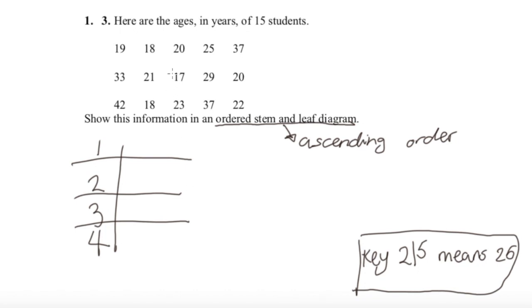So then we start with the smallest number, which is 17. And then the next one will be 18, and there's two 18s there. The next number is 19, and then we go to our 20s. This number is 20. There's another 20 as well,